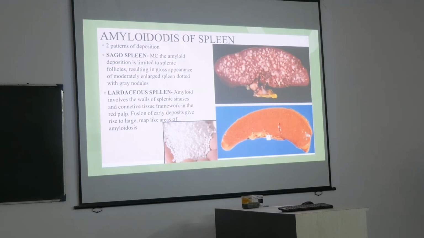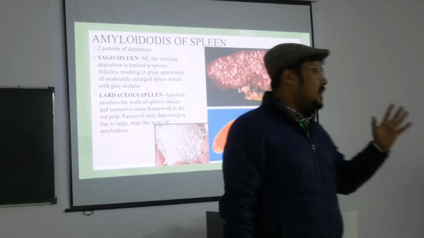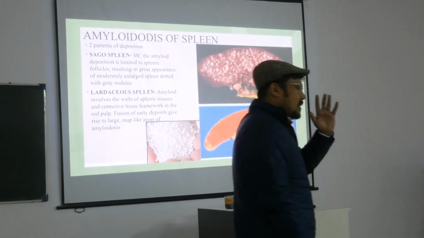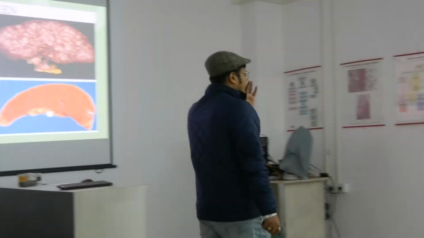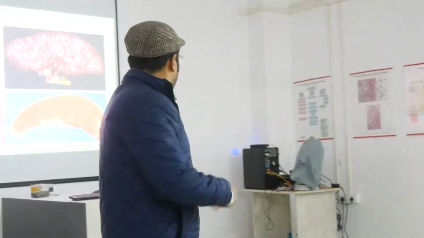Two patterns of deposition are there in spleen. That is, one is sago spleen, another is Lardaceous spleen. Sago spleen, from the name, from common sense, what we can interpret is that the outer surface of the spleen appears like sago, or small whitish studded structure. You can see